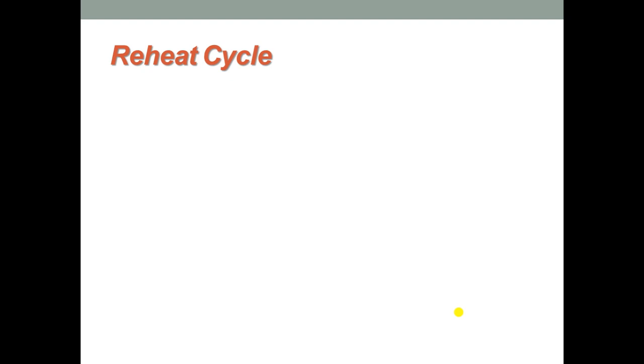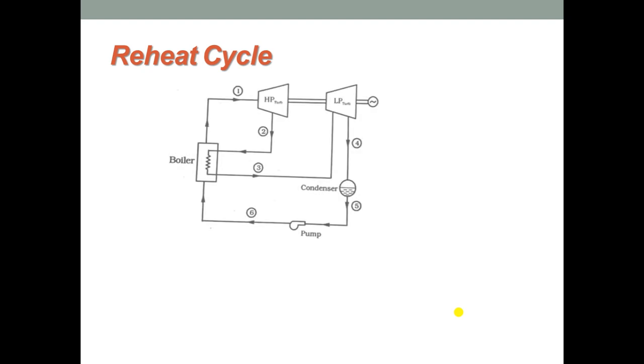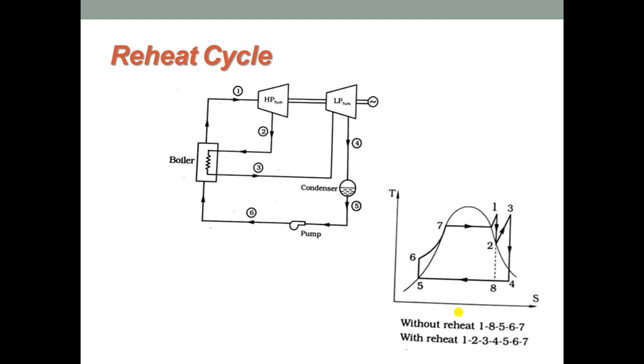Next we see the reheat cycle, the second type of Rankine cycle. In a Rankine cycle, the condition of steam at the end of expansion in the turbine is very wet. This wet steam results in corrosion of turbine blades, leading to losses in the cycle efficiency. Hence, it became necessary to reheat steam after part of the expansion in the turbine was over. So, the resulting condition of the steam after complete expansion fell within the region of permissible wetness.